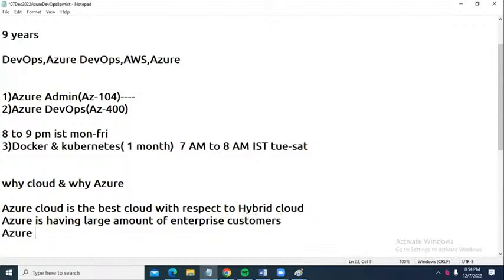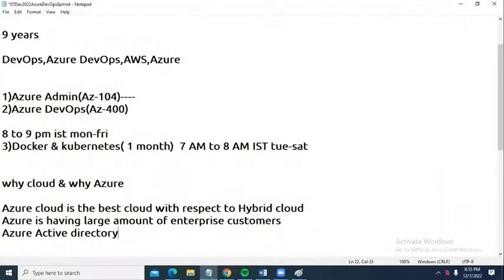Azure also has a better feature called Azure Active Directory. Even though some people are using AWS or GCP cloud, for the sake of Active Directory they are definitely going to use Microsoft Azure cloud, because Active Directory is a very powerful service in the Azure cloud platform. Because of these three reasons, Azure became popular. But for you, why do you have to learn Azure? Those were the three reasons from the Azure perspective.